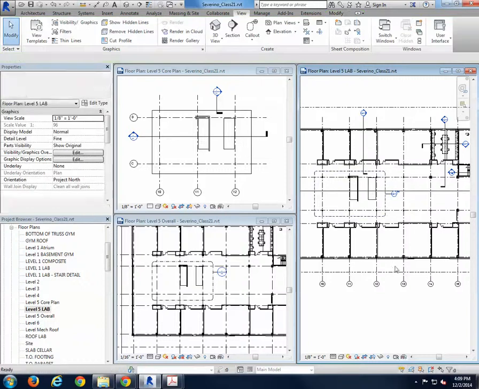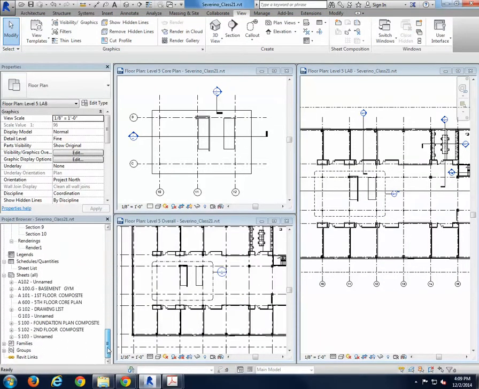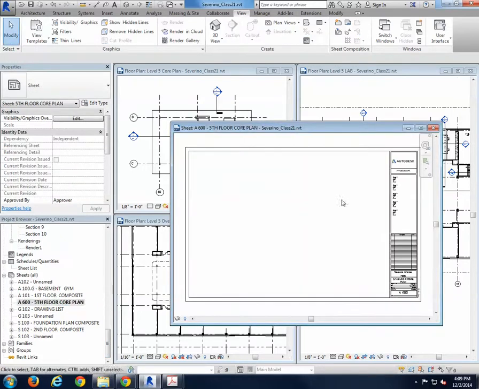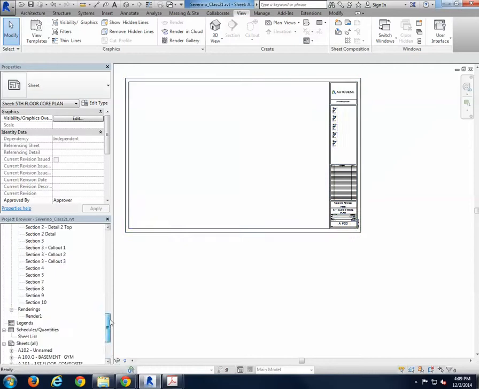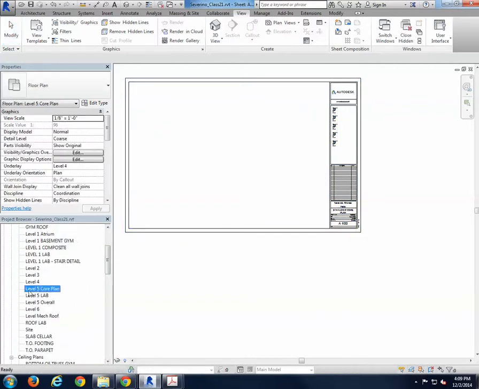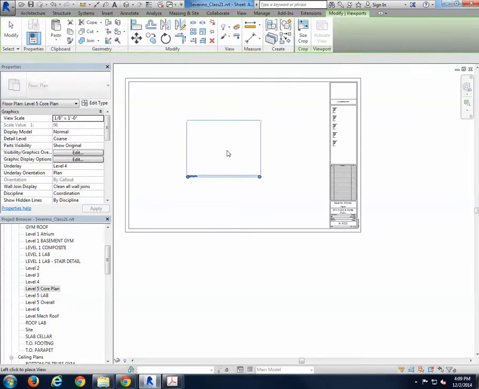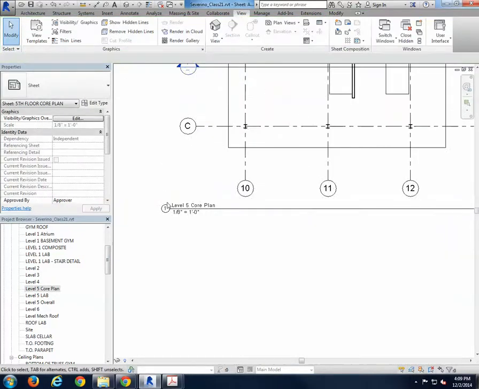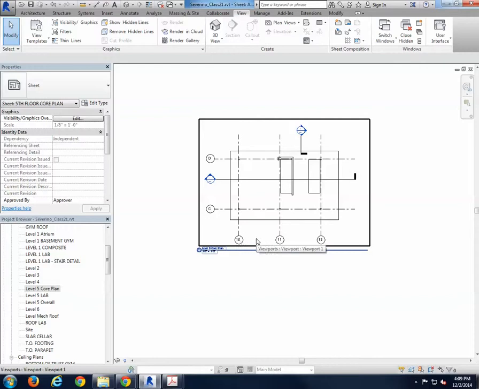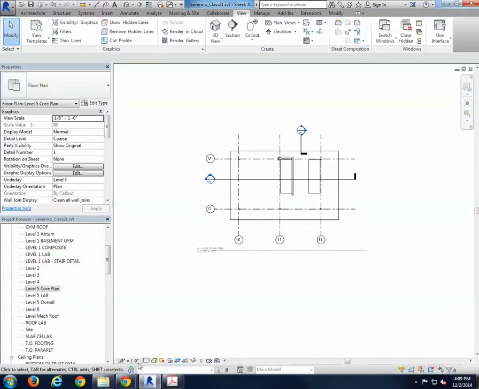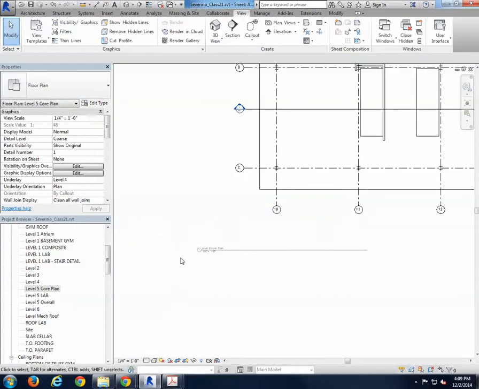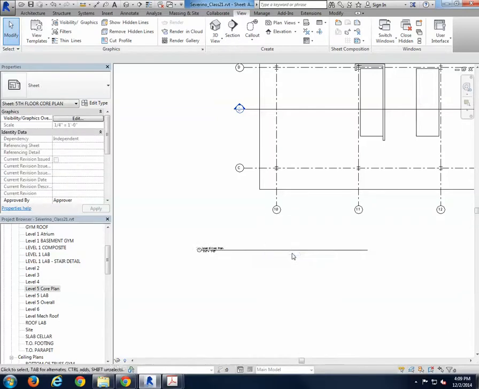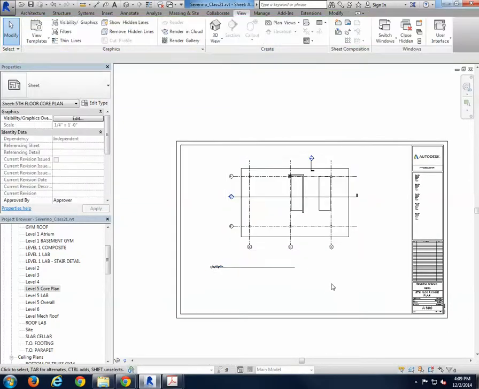Okay, so that means that if I create a new sheet here, for example called core plans, expand that, I can drag in the core plan callout that I created. It automatically jumps to, well, that one's 1/8 because I made it from the 1/16, so I'm going to double click and make it 1/4. This is the scale we really wanted. Right click, deactivate, and this is a callout